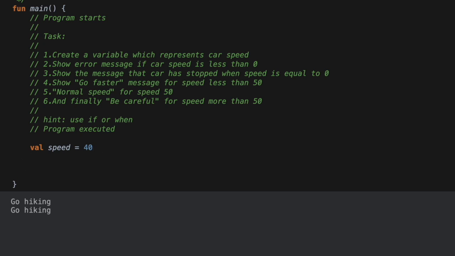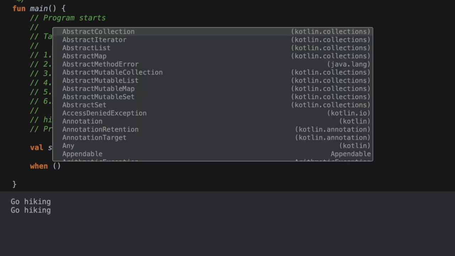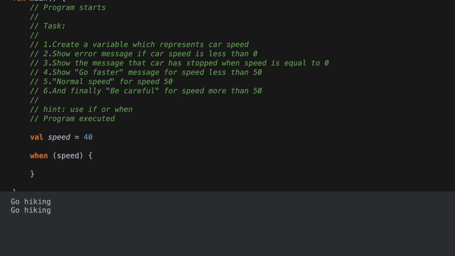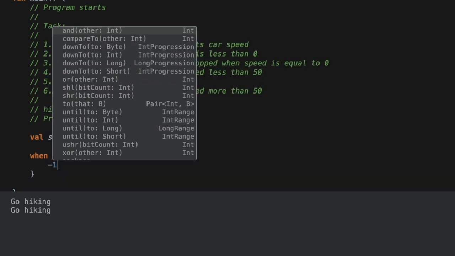We can use if or when. Personally, I prefer when, as we're going to compare only one variable, which is speed. When is the perfect choice for this. But obviously, you can use if. This is not a big deal. So we compare speed. In the first case, if speed is -1,